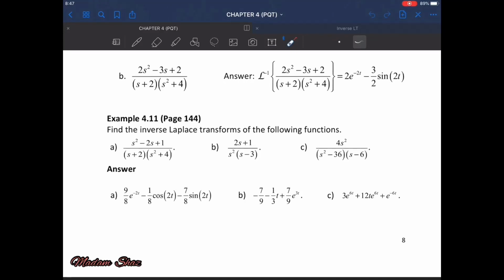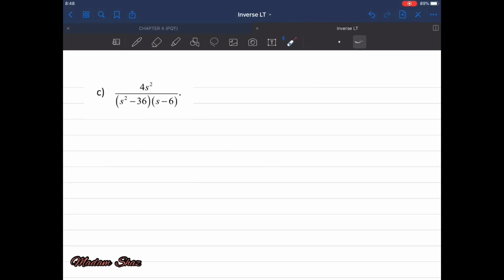So for the next example, refer to example 4.11, page 144. I will discuss example C only. For example A and example B, you have to do as your own exercise. Okay, now for this example, we have 4s square divided by s square minus 36 multiplied by s minus